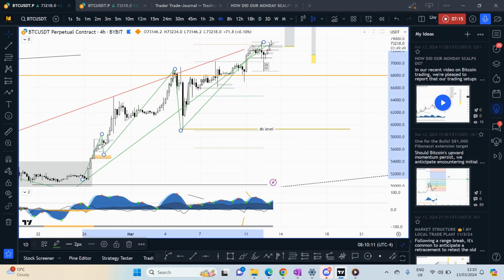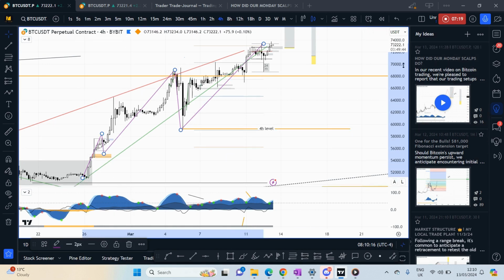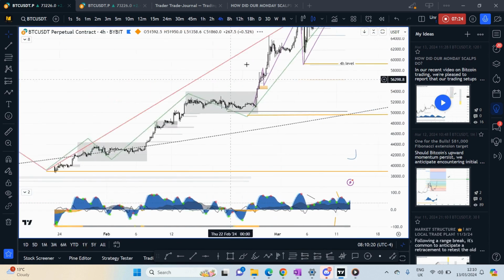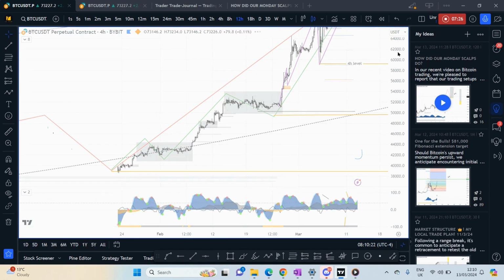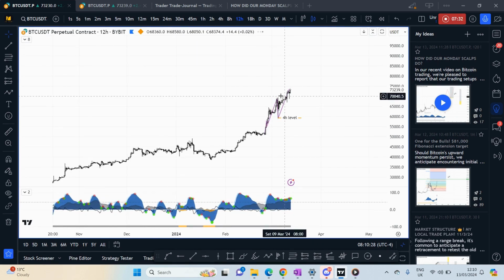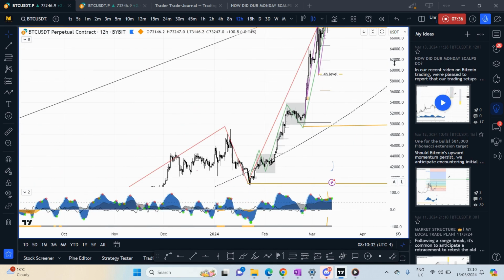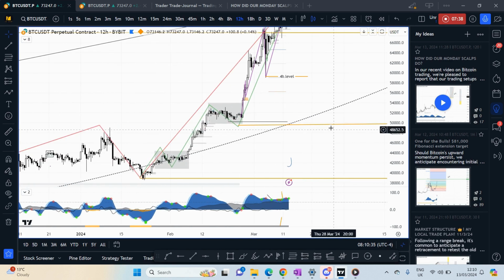So let's make this purple. Okay, so what we can see is that we are in this clear uptrend. But it is worth noting that as we look at these legs, what's the nature of the leg? Is it decreasing in amplitude as we go up? Is it decreasing or increasing in amplitude as we go up? Okay, so if we look at